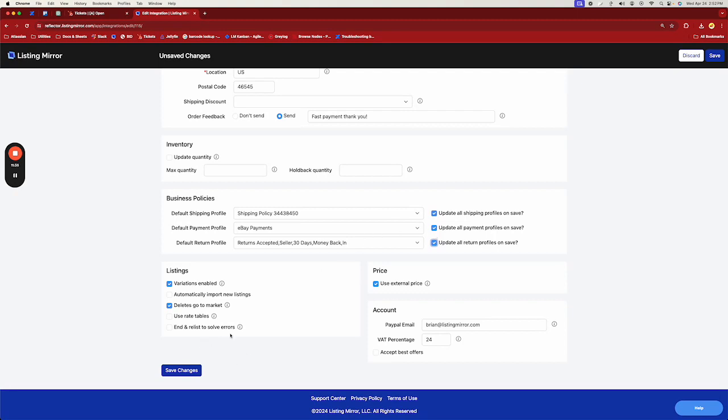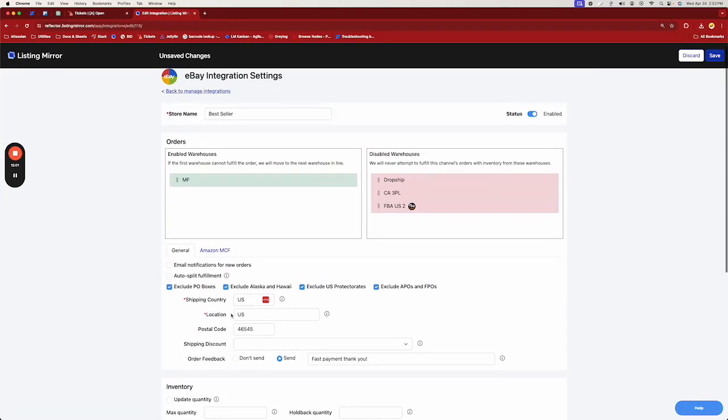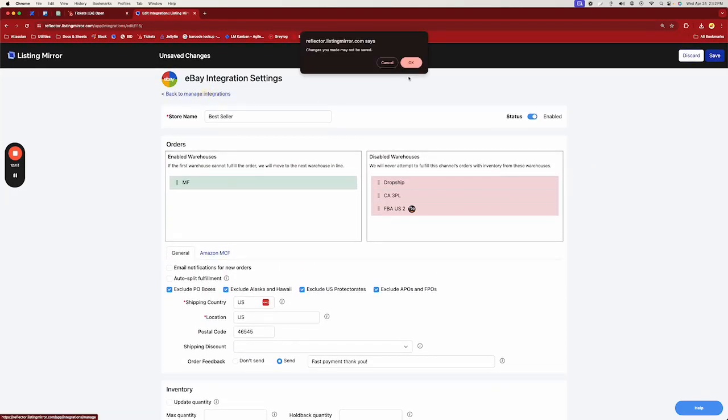And the final setting I want to talk about here is end and relist to resolve errors. Now this will automatically end and relist any eBay listings that you have if an error occurs, such as, you can't update the price or something like that. Very good for just keeping your account clean, but keep in mind ending and relisting a listing does remove the sales history, so it will no longer say 1 sold, 2 sold, things like that. So that's pretty much all we have here for eBay. So we'll go ahead and move on to